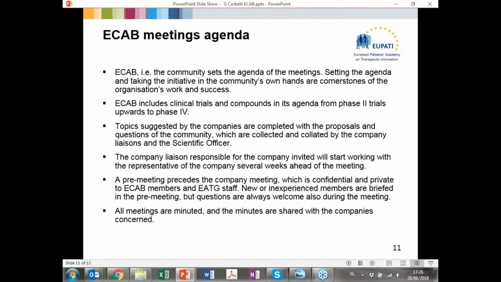As Rob mentioned during his introduction, the agenda is set up by Ecab, by the community. This is important because pharmaceutical companies may attempt to present about the things they are interested in, and this is okay. Of course, this can be quite interesting, but we know our needs, the needs of people living with HIV, so we know which topics should be addressed to meet those needs. That's why the first draft agenda should be set up by the community according to